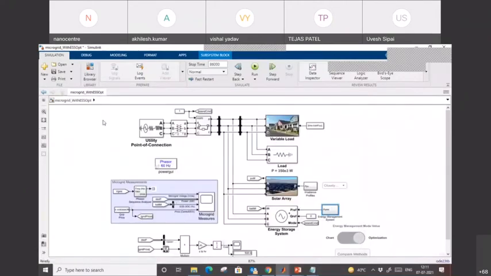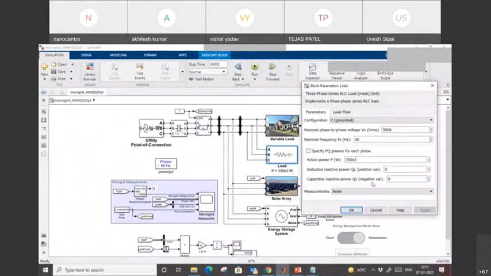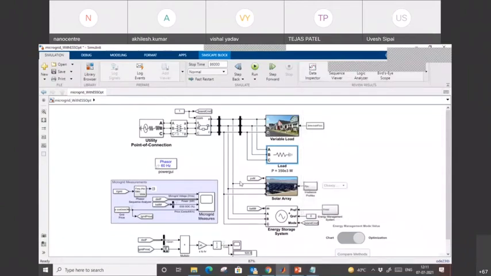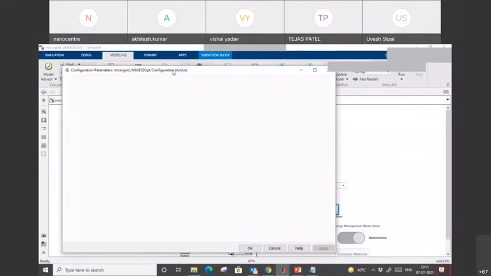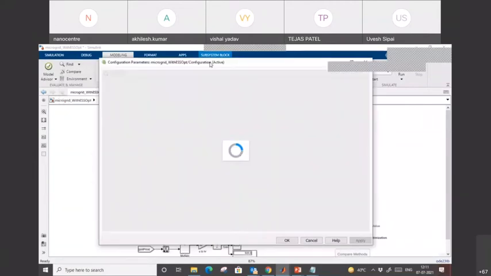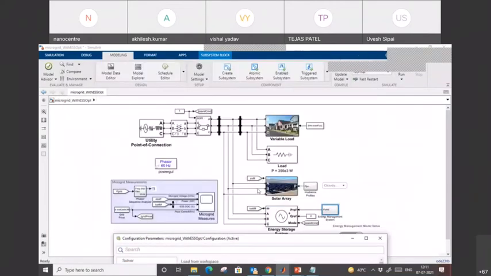The only thing is that we require the blocks and the proper connections, provide the parameter values in the blocks, and just simulate and test that. Once you are happy with the model, you can deploy it in the hardware. To deploy in the hardware, if I go into the settings from here, there is an option for which hardware you are going to deploy to.